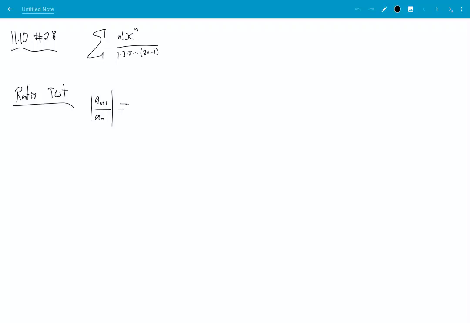All right, ratio test on number 28 here. Oh, that's not 11.10, it's 11.8. Number 28. Anyways, ratio test to find the radius of convergence. So what do I get on top? I get n plus 1 factorial instead of n factorial, and I get x to the n plus 1